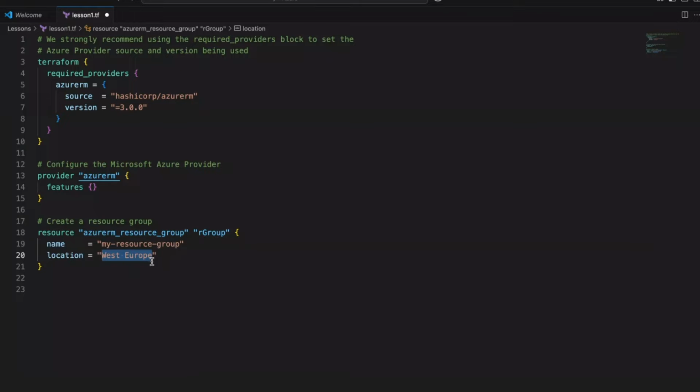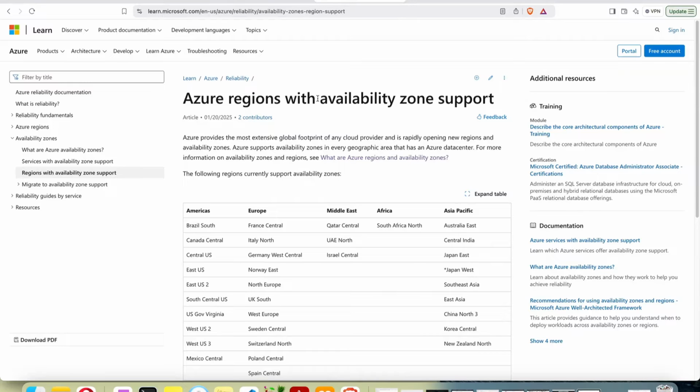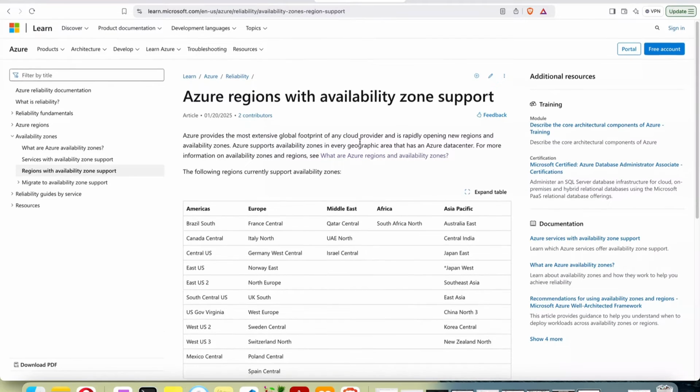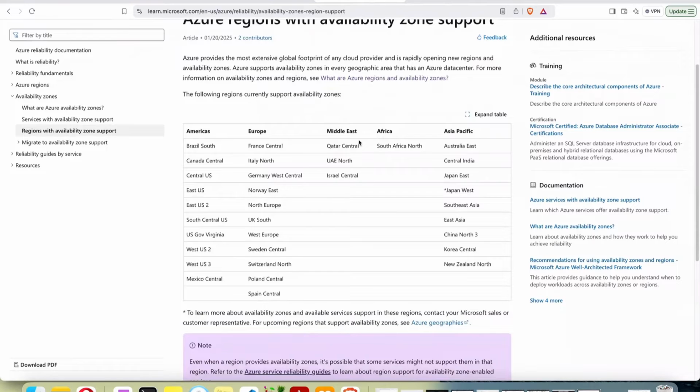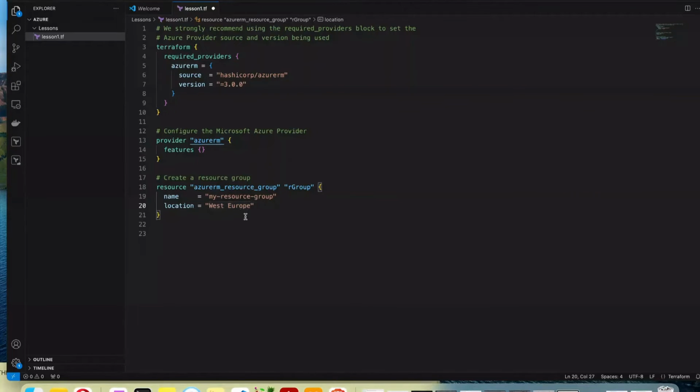In fact, I'm going to show you how you could find this. As you can see on this website, you can see some of the regions and availability zones that Azure has. You can pick one from here, whichever one suits you best. I could just copy this, West Europe, and use it in my code. Okay, I already have West Europe here, but you can just change this to whatever you want. So once you have this ready, we are going to save it and then run our